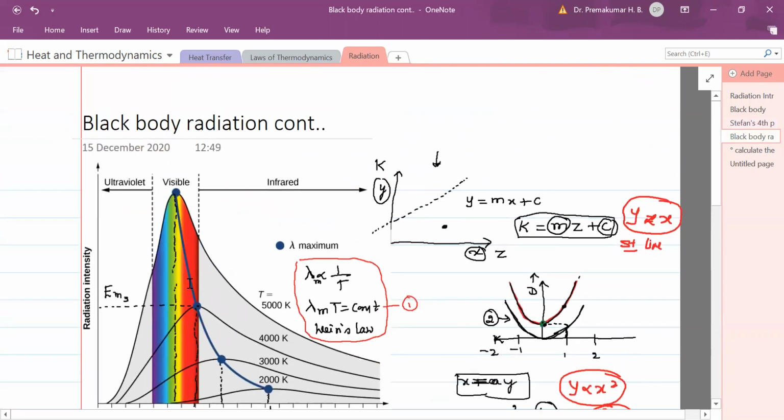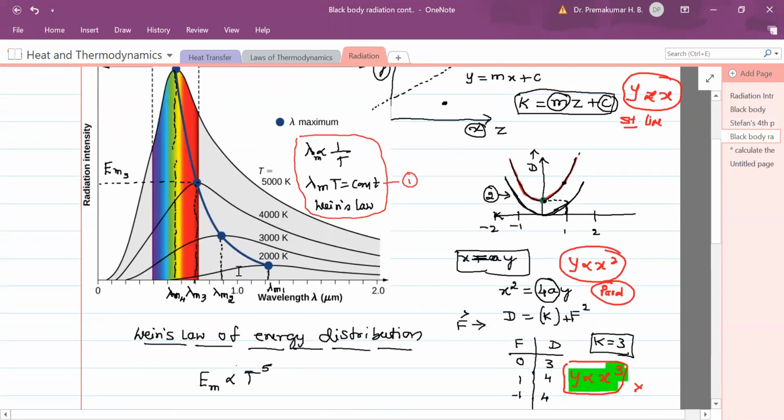Then I think already we learned this one: a black body radiation curve. If we maintain that black body at around 2000 Kelvin, this is how the complete radiation emitted by the black body, as detected by a detector, looks. As the temperature increases, already you know that the energy corresponding to different temperatures at maximum energy is shifting towards the left side. Or you can say the wavelength corresponding to the maximum energy is shifting towards the left side.